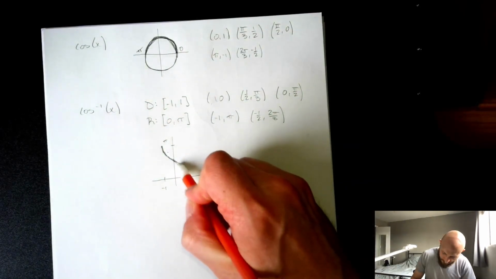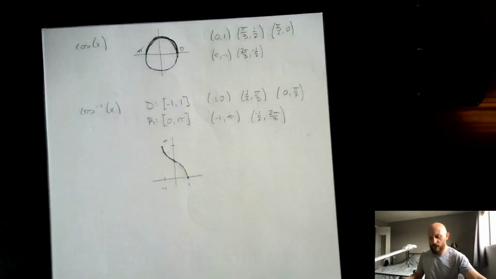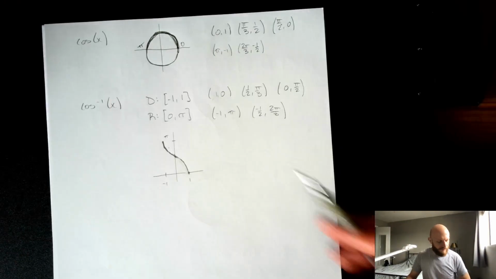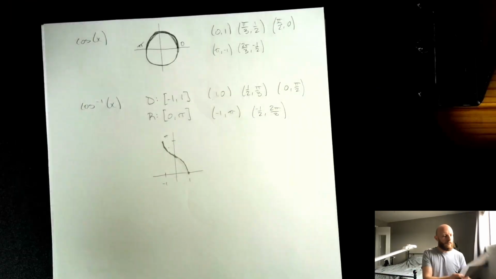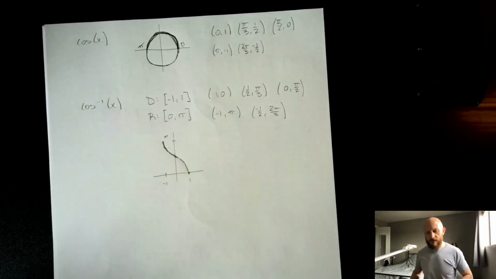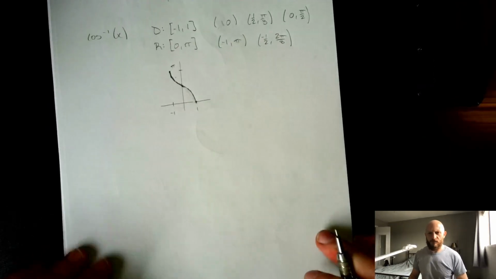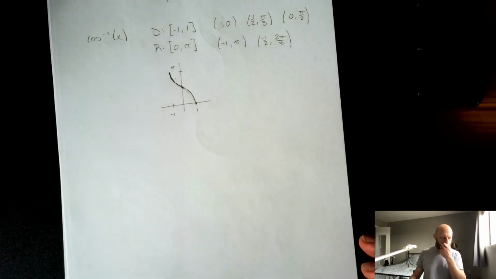Okay, here's the cosine inverse. This is the graph. So the domain is -1 to +1, the range is 0 to pi. All right, so now what I want to do is just kind of speed run these other graphs. I'm just going to show you what the graph looks like, write out the domain and range, and then we'll look at,